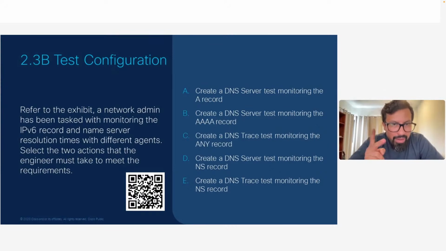Select the 2 actions that the engineer must take to meet the requirements. So you have all of these options here. We're talking about creating a test for DNS that's going to get me resolution times for an IPv6 and the name server